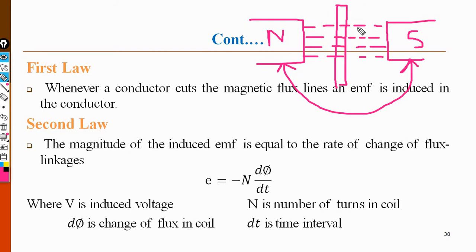This type of law is called the first law of electromagnetic induction. That means a current carrying conductor placed in magnetic flux lines, with EMF induced in the conductor, is called Faraday's first law of